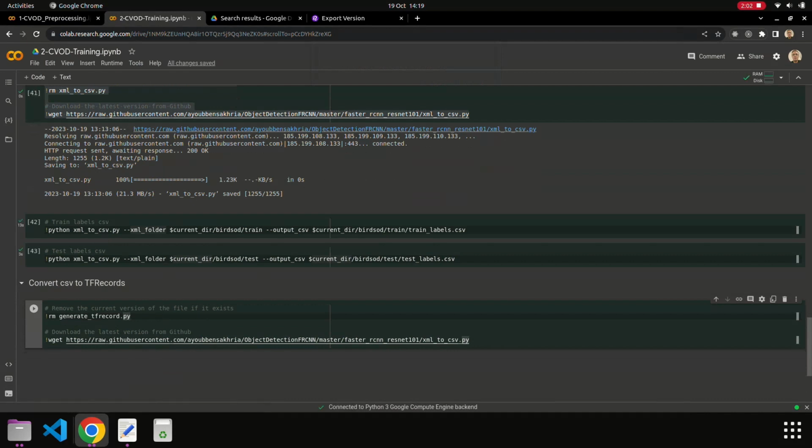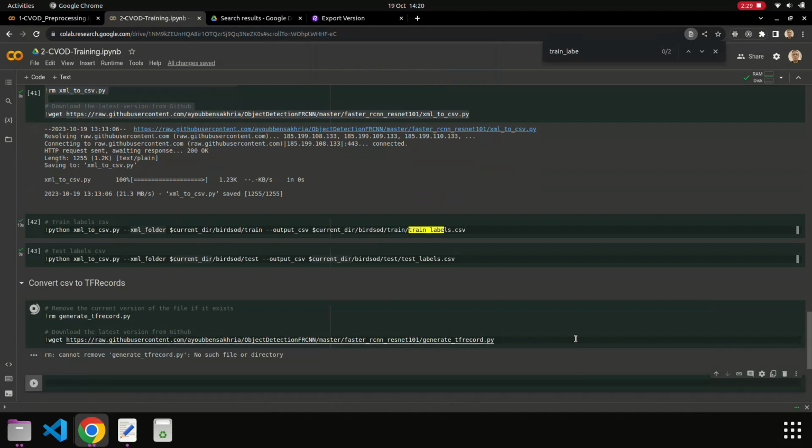We're gonna remove it if it exists and download the latest version of the file from the same GitHub repository. Okay, we're gonna change the file name, execute the block, download it, and then